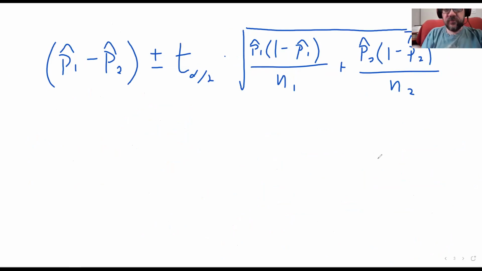Oh, I'm sorry. I think your book calls this T alpha over 2. I've been calling it TC in this class. Let me fix that. There we go. Same thing, just different labeling. Some people call it T star or T alpha or T alpha over 2 or TC. I've seen all of them. So we've been using TC, and I'll just continue doing that. C for critical value. So 1 and 2 in my cases are going to be